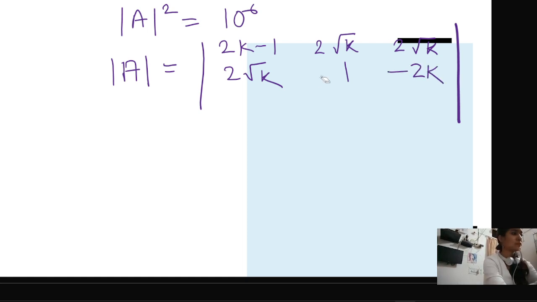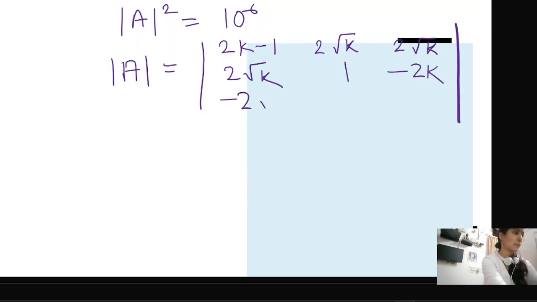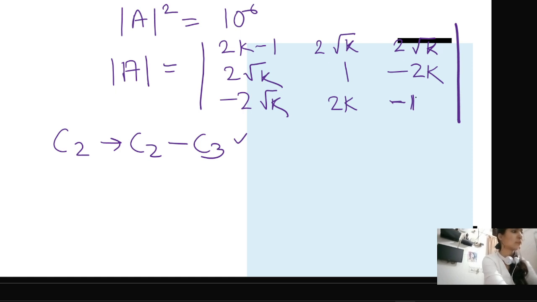This is plus 1. And the next row is minus 2 root k, 2k minus 1, 2k minus 1. Okay. So what we can do, we can apply column 2 minus column 3. Apply this one. Subtract this column 3 from this column 2. Okay. So from here we are getting